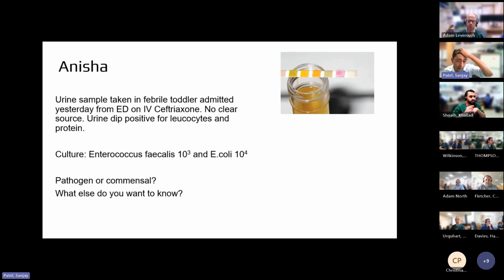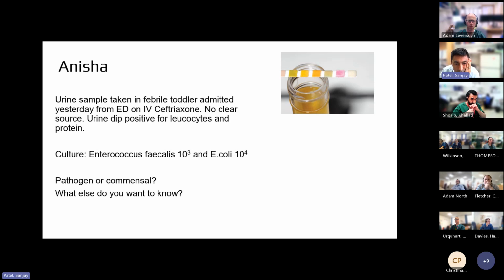And this child had a fever. It wasn't an obvious focus. It wasn't that they had a big runny nose and cough and a respiratory tract infection. So very sensibly, the ED doctors took a urine specimen, and that urine specimen was dipped, and dipsticks are good, and it was positive for leukocytes and protein. And subsequently, the culture was sent to the lab, and the culture comes back with a result of Enterococcus faecalis,